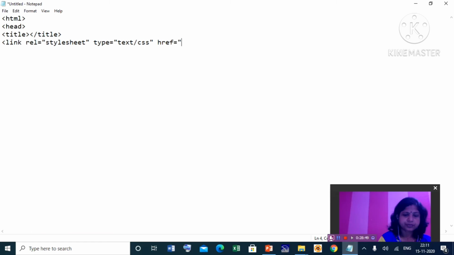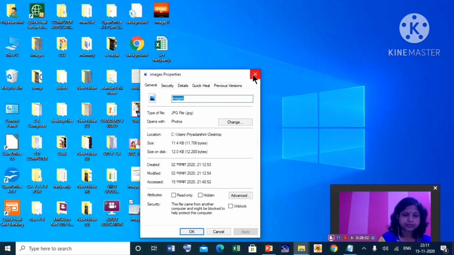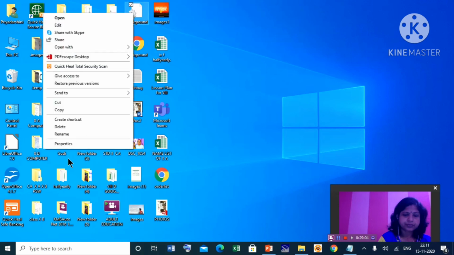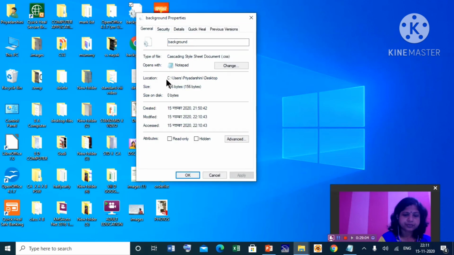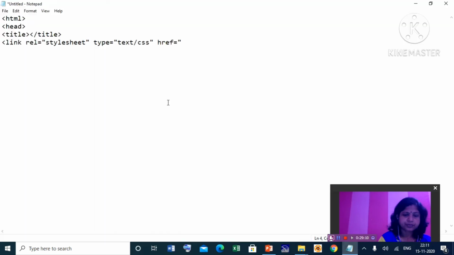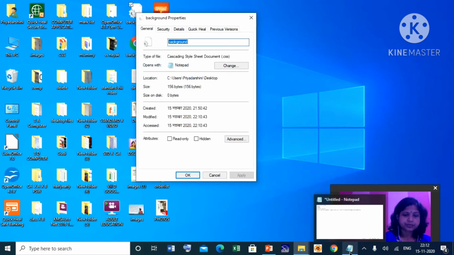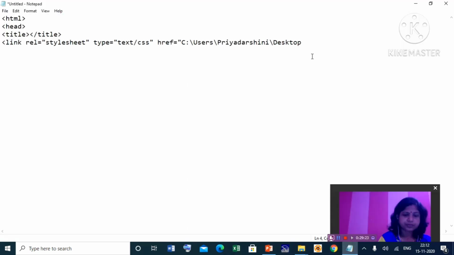Here we'll bring the location of the style sheet, then bring the name, dot css. Then close the head tag.